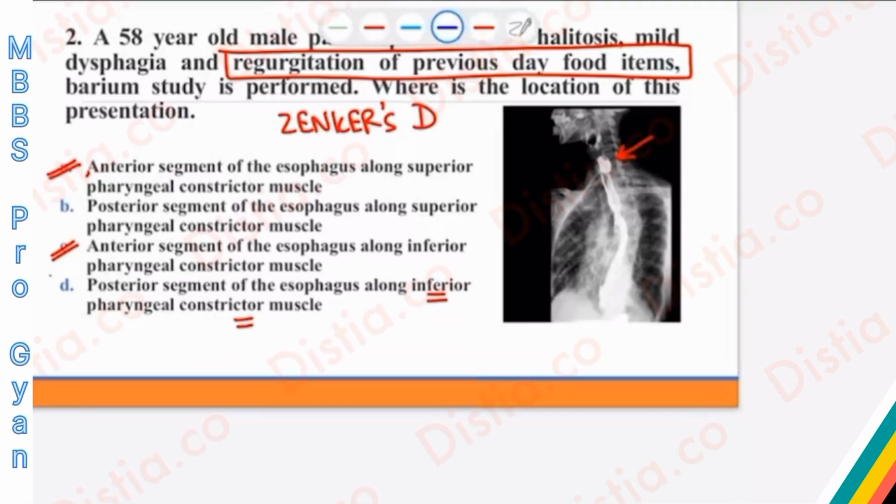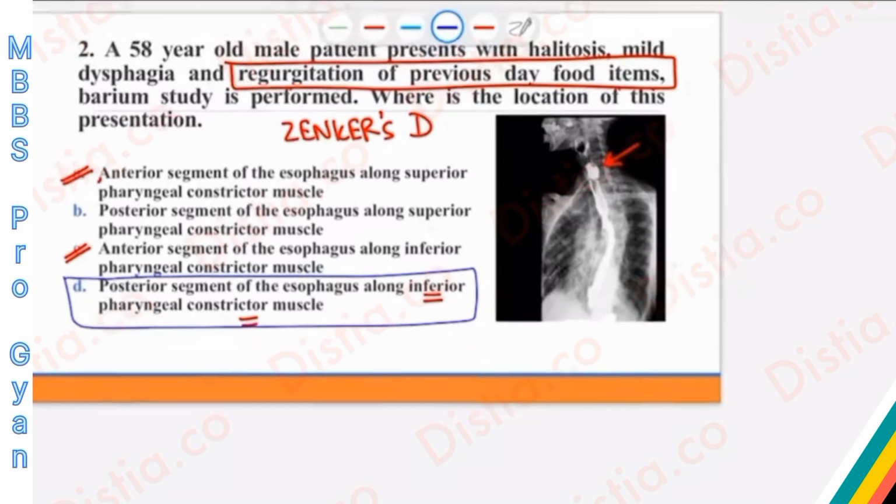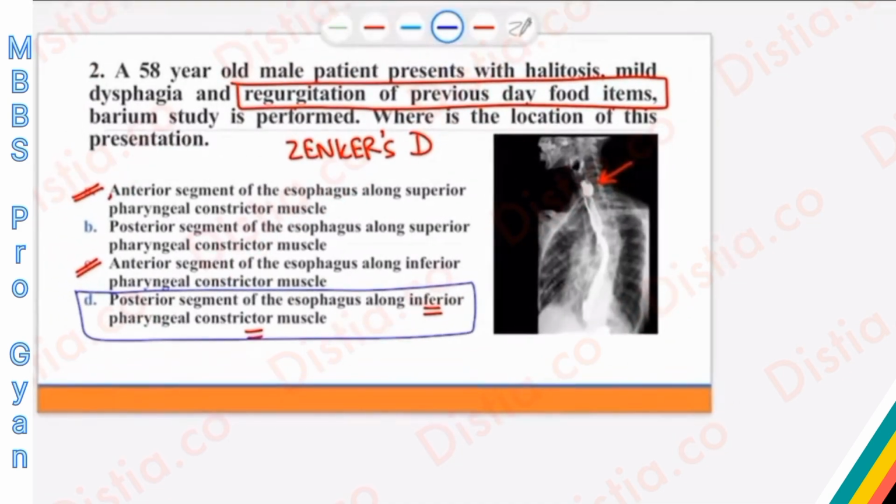In fact, this particular question, I would like to say is a fact-based question because you have studied this right from ENT, then even in surgery, and today also it is being discussed in the internal medicine domain. I highlight the fact that both achalasia cardia and Zenker diverticulum will have regurgitation of yesterday's food items. So how are you going to differentiate? The differentiation is based on the fact that in achalasia cardia, it's going to be a progressive dysphagia.